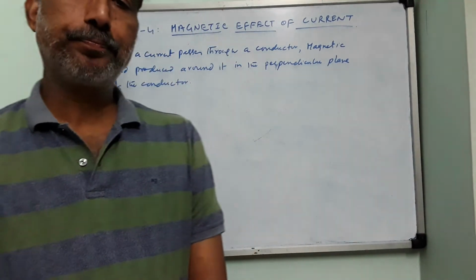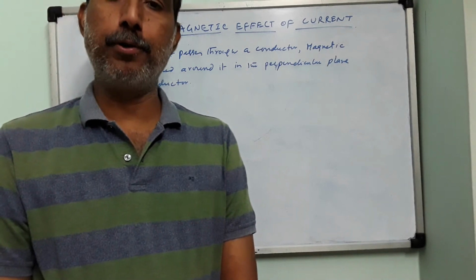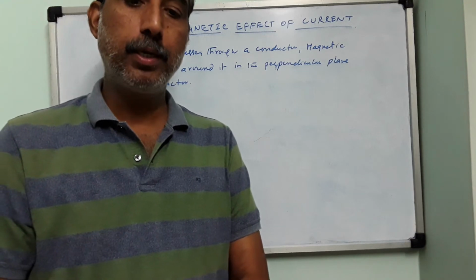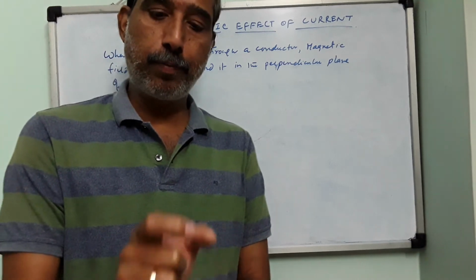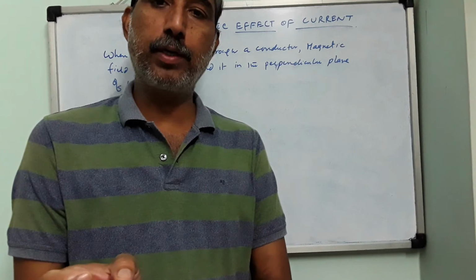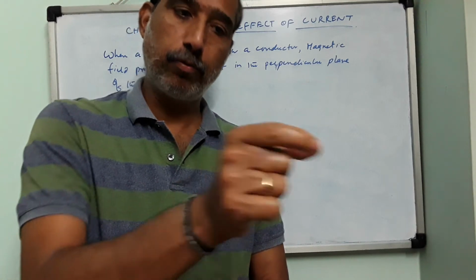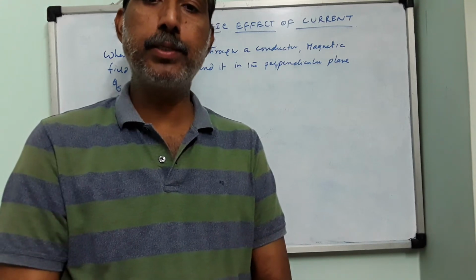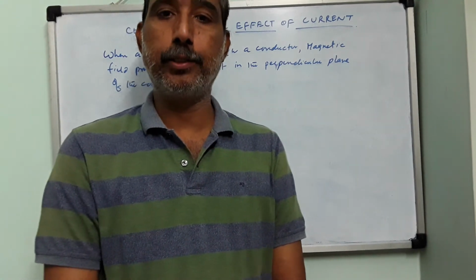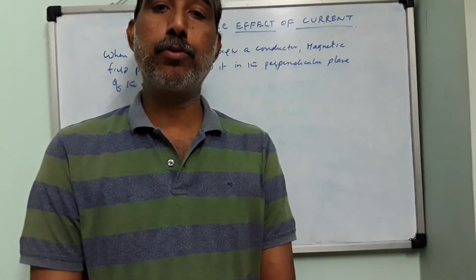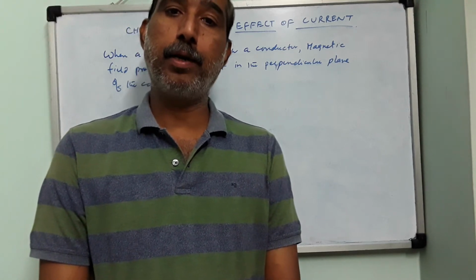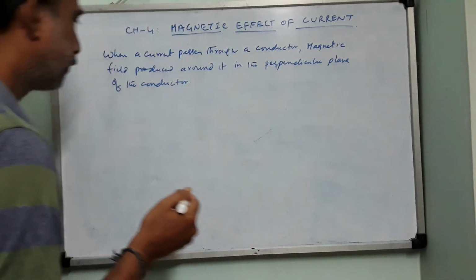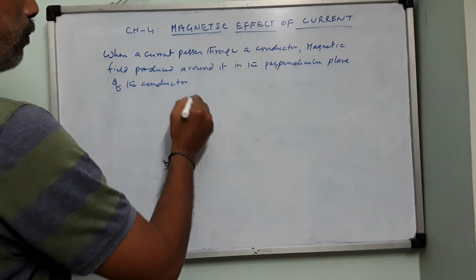So how much magnetic field can be produced, and what is the direction of this magnetic field? What is the direction of magnetic field means? This is what we quoted in the example. If you place the compass on the right side, it is deflected in one direction. If you place it on the left side, it is getting deflected in opposite direction. That means the magnetic field is changing its direction. So now we will discuss how to determine the direction of the magnetic field and the amount of magnetic field produced. Right now, this is actually magnetic effect of current.